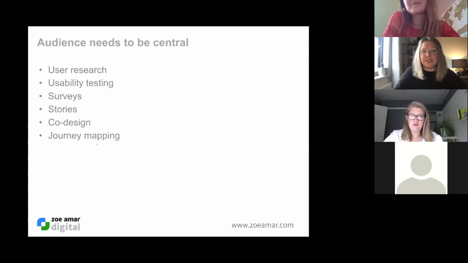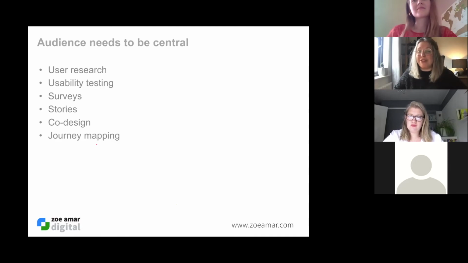So the audience needs to be front and center when we design a service. Everybody says this, right? It's nothing new to anybody in this room, probably. We all know we need to put the audience central, but it's harder than it sounds. We all use assumptions and we use bias. We all have our own biases and we use them every single day to get through the day. It's a natural human trait to have them. I think we all just need to be conscious when we're designing that our own bias could be used when we create a service.